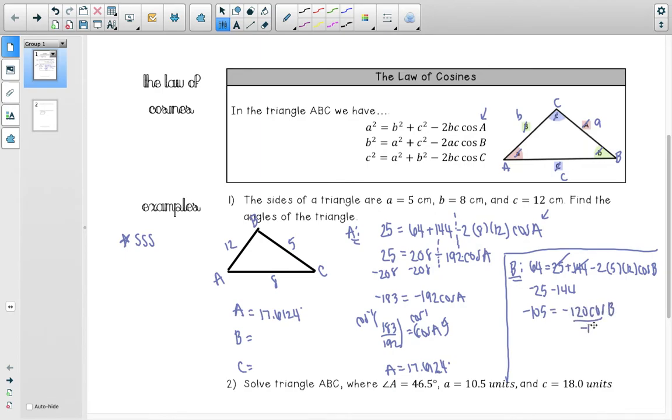And then you're going to divide this over. So you have 105 divided by 120 equals cosine of B. And this is where you have to do the inverse cosine. So you do the inverse cosine of the entire thing so I don't have to write it. That cancels the cosine, and now you can find the angle B. So inverse cosine of 105 divided by 120 is 28.9550